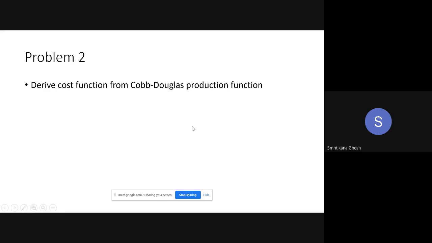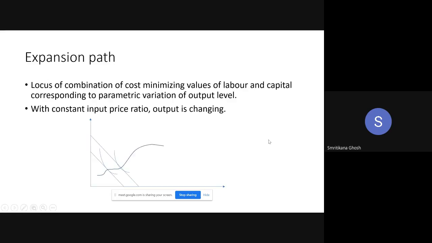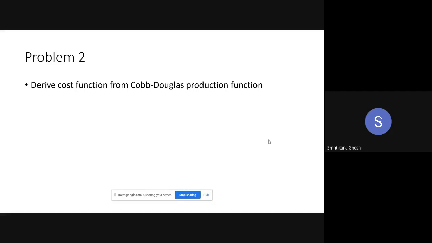So what you have to do, actually this solution is not here. Let me explain it to you, and I'm going to share this in your LMS today so that you can submit this by next week. In case of Cobb-Douglas production function, take any Cobb-Douglas production function: Q = A L^alpha K^beta. This is your production function. And take any isocost equation, that is C = WL + RK.